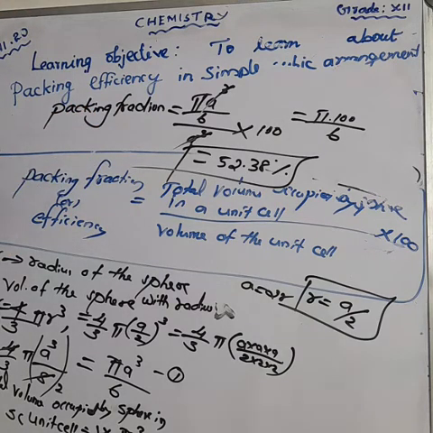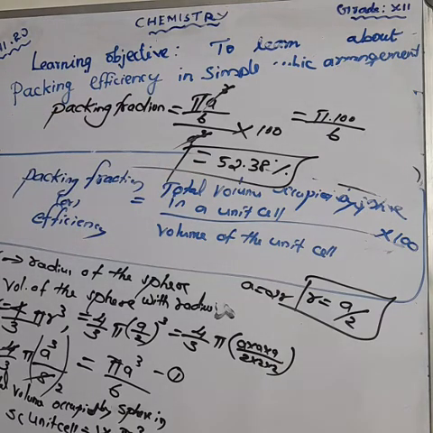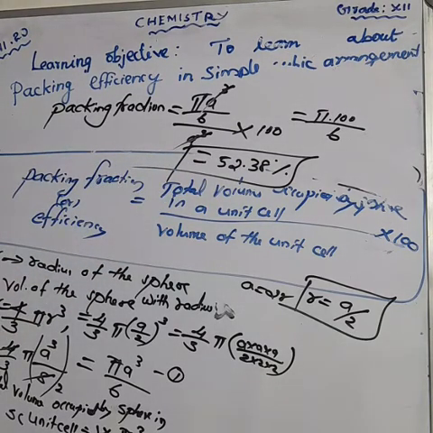Okay, making it inefficient to use the available space and hence minimizing the attractive force. That is the percentage. Don't forget that the percentage of simple cubic is equal to 52.38. When you are dividing 100 by 6, what is the answer? 52.3. This is the packing efficiency in a simple cubic arrangement. Can you learn? Okay. Next, already I told you about that.